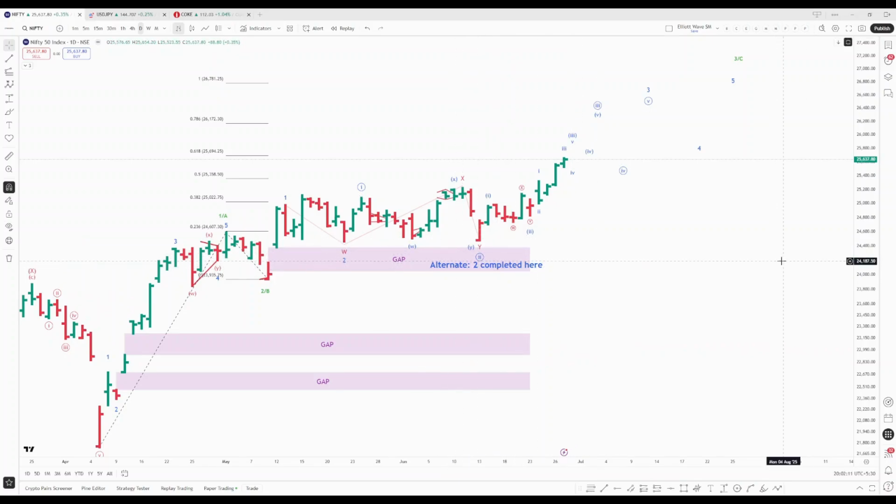Okay, so that's that. And the expectation is for next week that this uptrend should continue, and we might finish this third, and we might even do this correction. And depending on the speed of this, we might even complete wave 3 next week. But I'm hoping that we will at least do this 3 and 4 sometime next week.